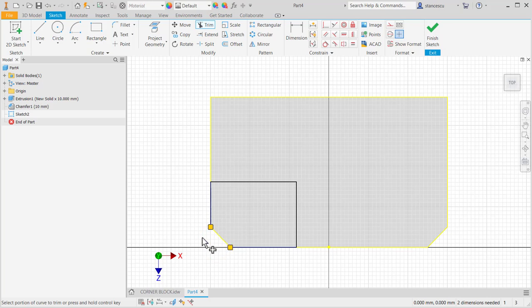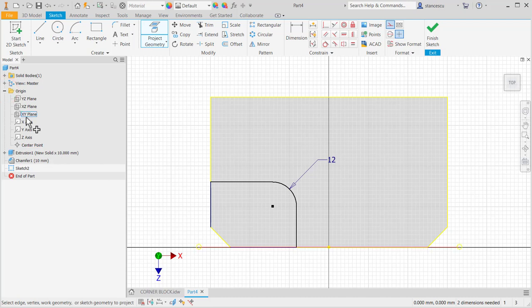This is very good for us, and a fillet of 12 here, projection of the axis Z,